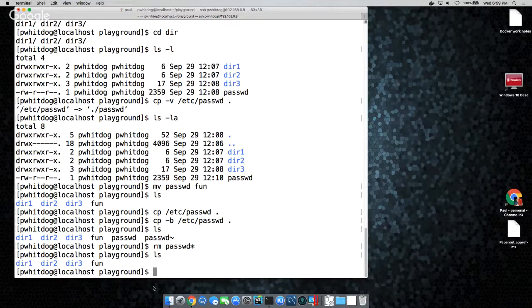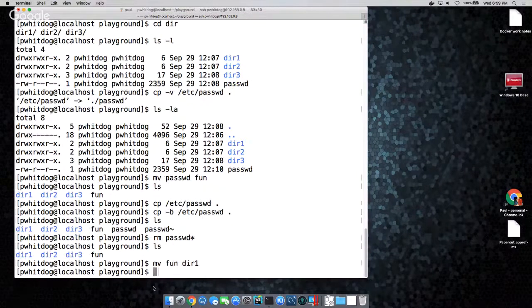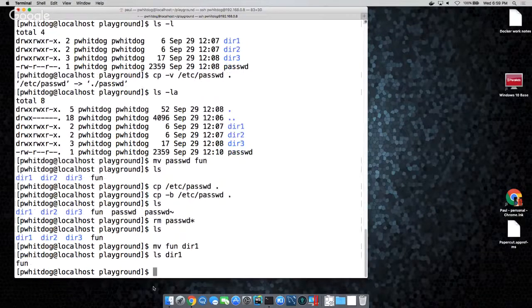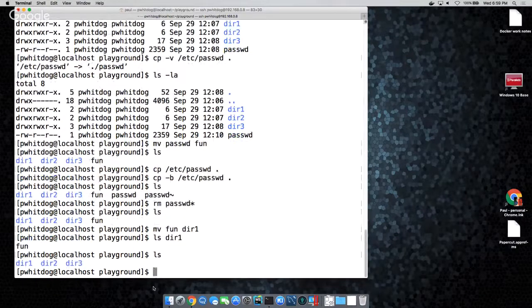Okay, so he's going to move the file from fun to dir1. So mv fun space dir1 moves it into the directory dir1, right? So then ls that. Right, and ls where you're at also to show that it's gone. Yeah, good. So we just moved it under dir1. There was already an existing directory called dir1, source then destination. It just moved it into the subfolder.